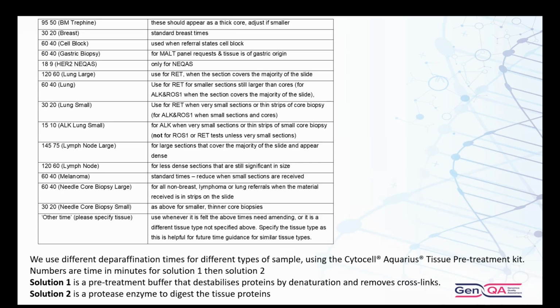So I'm not going to go through this in detail, but this just demonstrates how we approach the deparaffinisation and the tissue processing for FISH. We've got a wide variety of different times, so solution 1 and solution 2 times for lots of different types of sections, and particularly ALK is very sensitive to overdigestion. So if we've got a small tissue section and we need to do ALK FISH, we use really short times